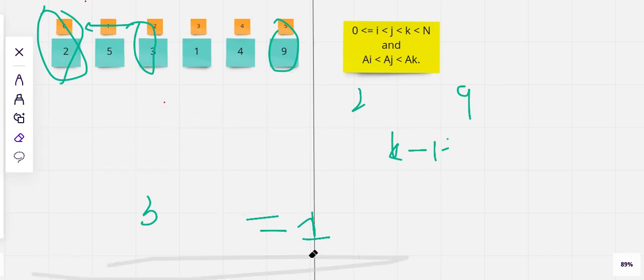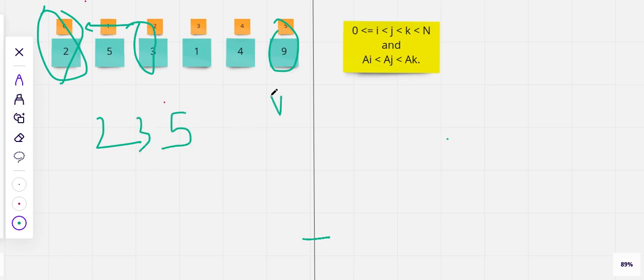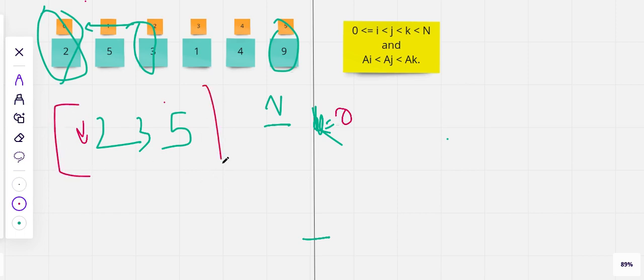Okay, so as I said, if I get a function which gives me the place where I can place my element so that the left array remains sorted, then the thing is done, right? So 2, 5 and 3, I place it in 3, and then I move on to 1. So where can I place my 1? Now that function will return the value k as 0. So I can place it at the 0th position. I have to place 1 at the 0th position so that the left array remains sorted.